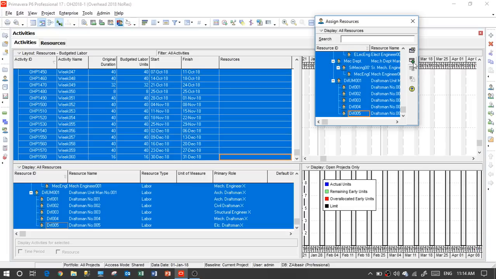For example, if I have a resource costing us in the overhead $5 an hour, in the day, 5 by 8, that's $40 a day. For 5 days, that's $200 a week. It's simple calculations. Now we have the full team assigned to these activities.